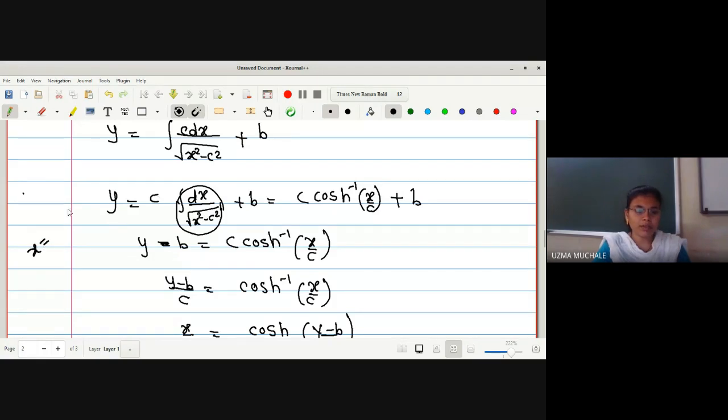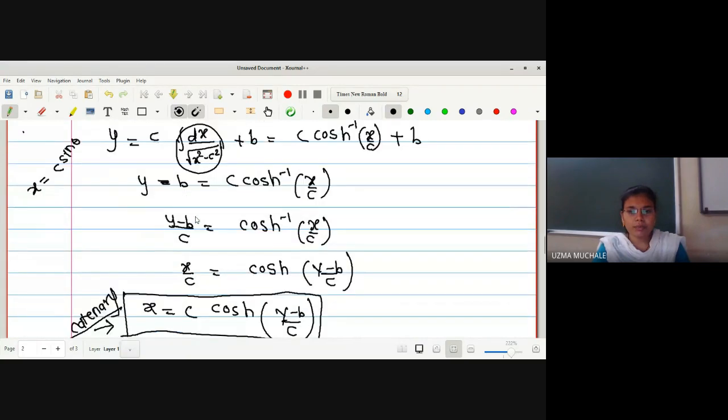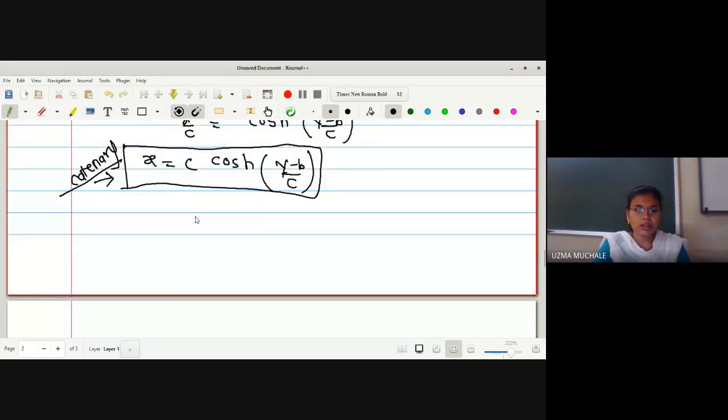You have to keep the value of x is equal to some c into sin theta or c into cos theta, and then you have to verify whether your substitution is correct or not, and then you have to use that formula now, right? Or directly if you know the formula you can put this and you can get the value in terms of x is equal to c hyperbolic cos of y minus b upon c, which is an equation of a catenary. Okay.